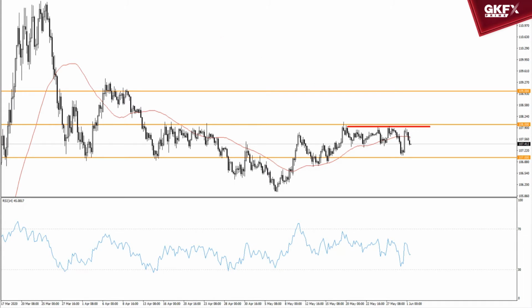I think one thing I'll be looking for here is basically we had this layer of support through here. Obviously we had the fall, so here were the lows. We tried to break, well, it was a false break, and hence the strength of the rally up. We hit the top of the range. So basically I think if we come back through this previous low, and if we in fact make a lower low through here, then we've made one lower low, a marginally lower high, and then we make another lower low, then we've got the confirmed downtrend, and then I'd be looking for moves back down to those 106 lows. For now it feels rather range bound,